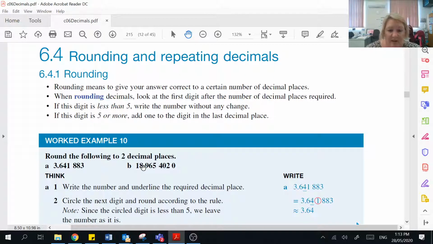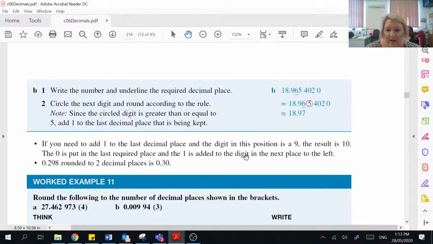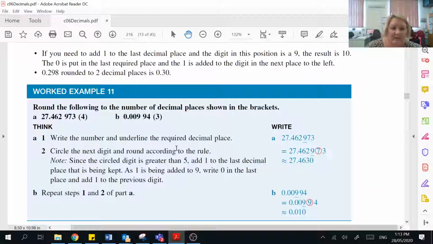So let's have a look at the second question here. To 2 decimal places. So here's my 2 numbers after the decimal point. Look at the next number. Is it 5 or above? Yes, it is. So our answer is going to change, and that last number is going to jump 1 up. So that's going to become 18.97. Let's see if we are correct. 18.97. Well done, Snaps. Very good. So the next example,